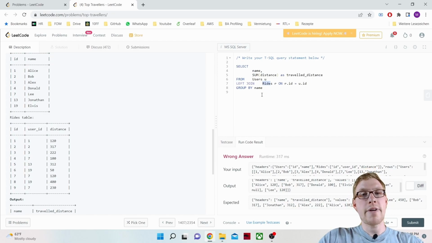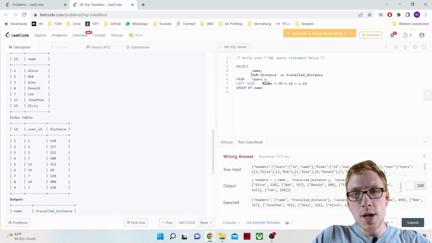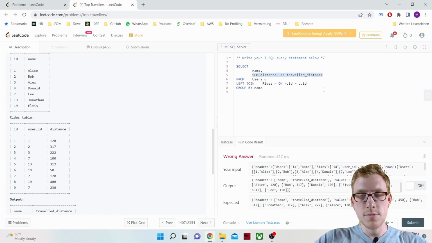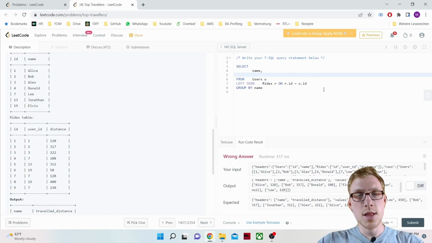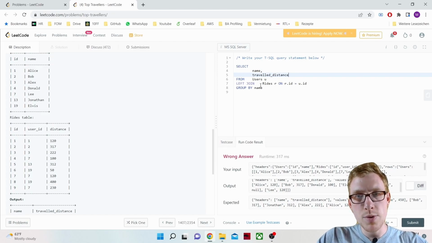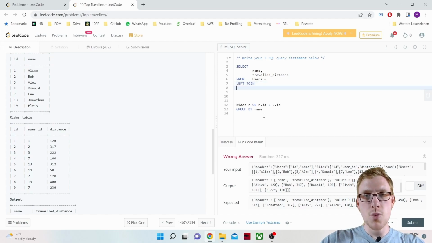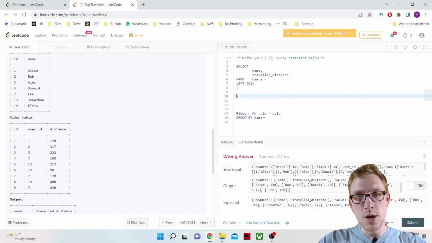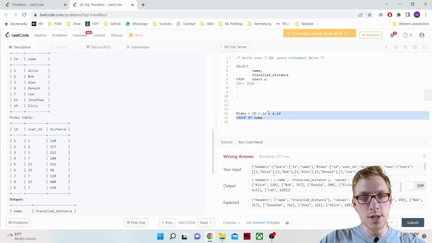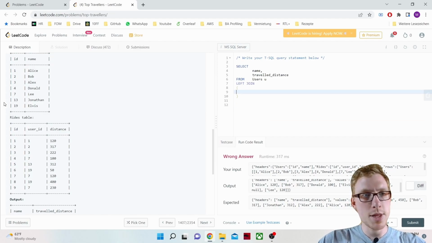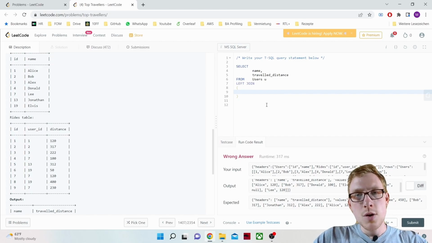You know what? We are going to do the query differently. What we are going to do is use the name, and we use the traveled distance. That is correct, but what we do is we don't join with the rights table, but we join with the table that we are creating right now. So you can also do that. You don't just have to use what is given to you. So to speak, the rights table that is standing here, you can also make your own table that you are joining. And that is exactly what we are going to do here in the brackets. We are going to create this table, and we select